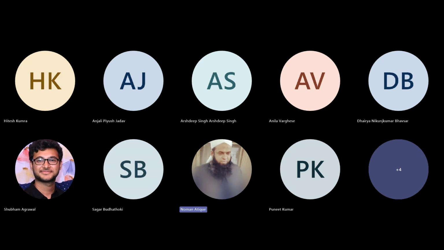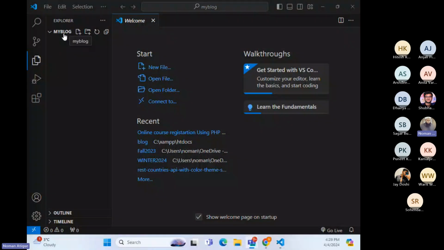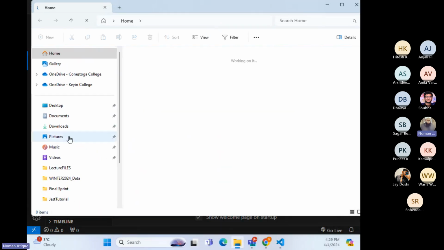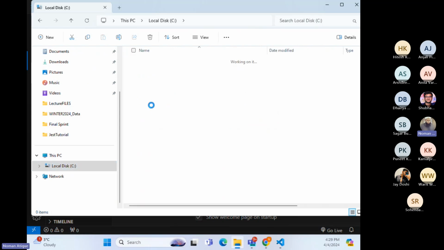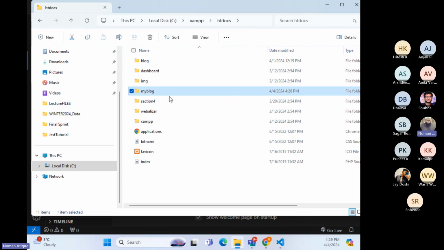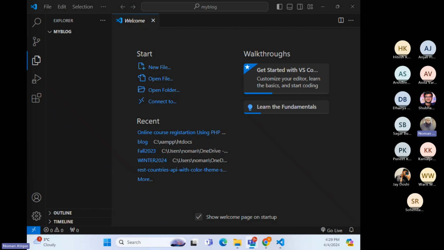Okay, so now what we are doing is that I have just created my blog project on our server. And on our server, where do we create our folders? You guys should remember that one. We have got this on the C drive. We have this XAMPP folder. In the XAMPP folder, we have htdocs, and in htdocs, I have just created this my blog application over here. So I would like you to just create that, and it's a simple empty project that we have over